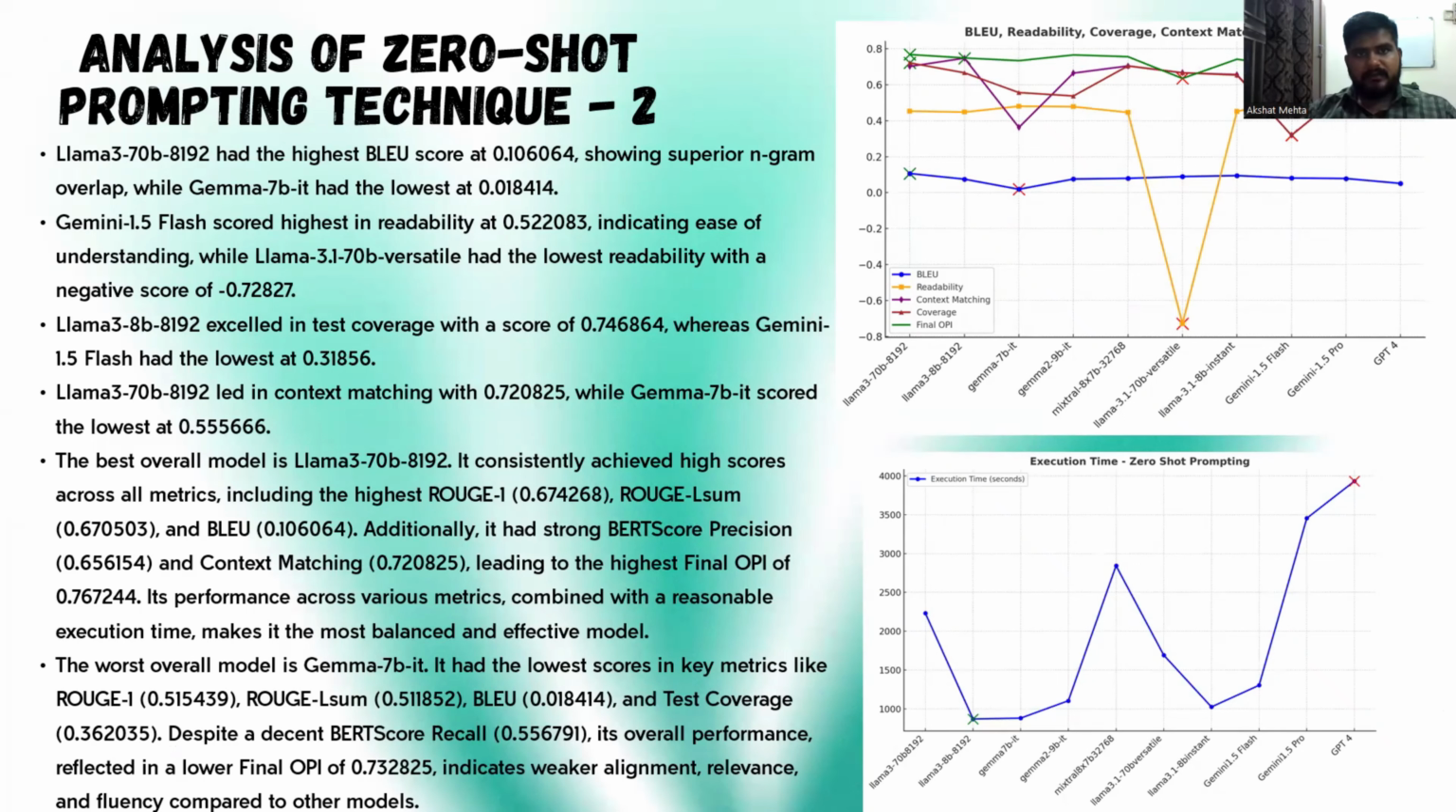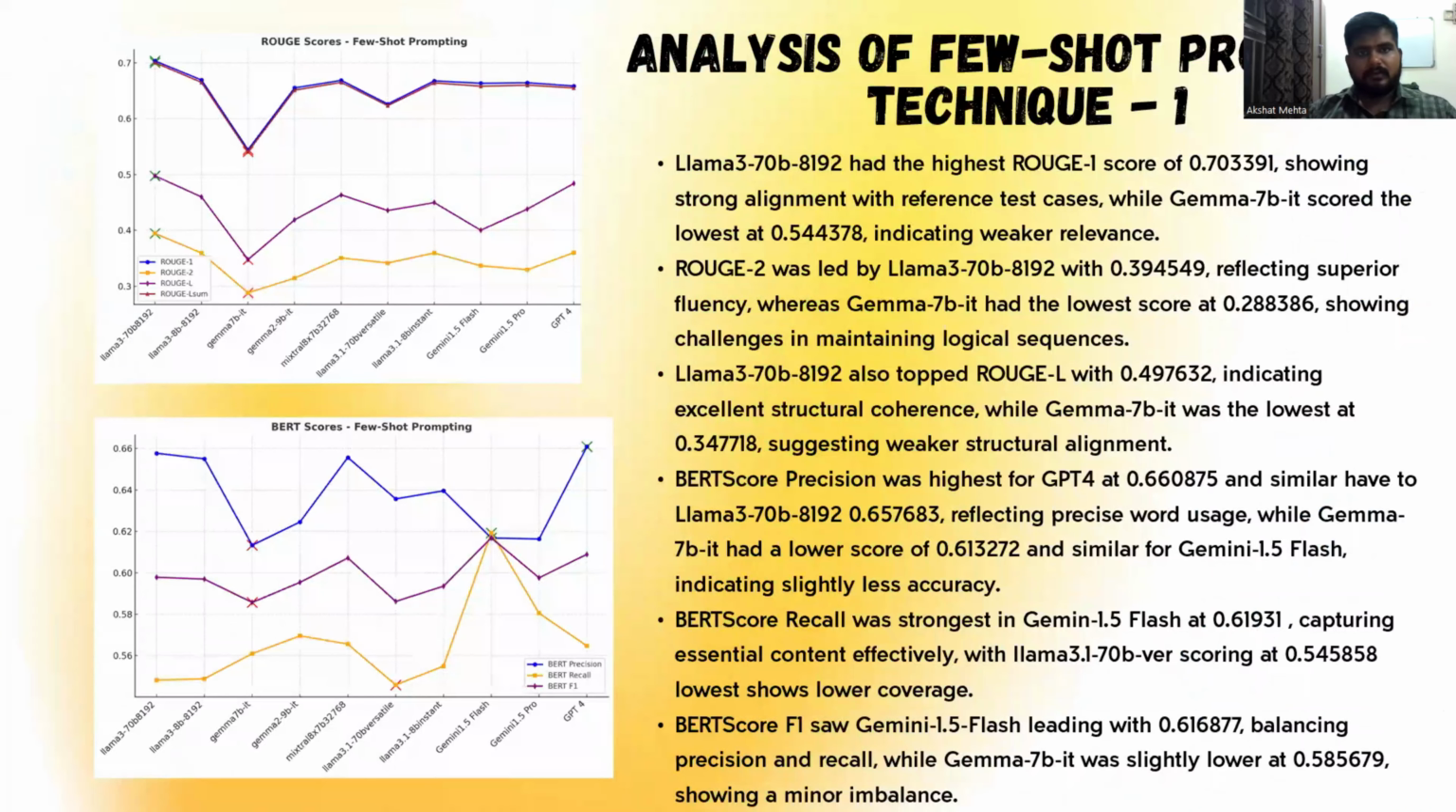Now let's explore the key insights from the few shot prompting technique, focusing on how well models perform based on the ROUGE and BERT score. In that, you can see that Llama 3 70 billion 8192 emerged as a top performer across the ROUGE scores, once again same as zero shot prompting, with a ROUGE-1 score of 0.0703391, reflecting strong alignment with the reference test cases. It also led in ROUGE-2 score with 0.0394549 and a ROUGE-L with 0.497632, showing excellence, fluency, and